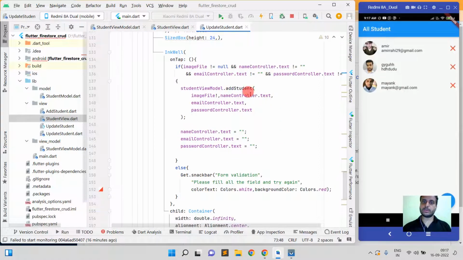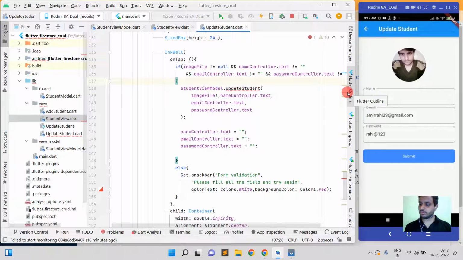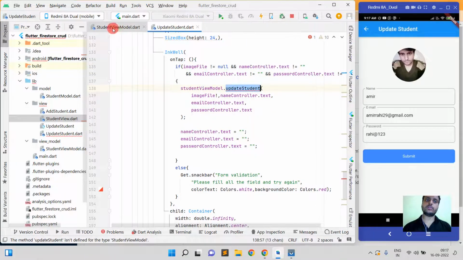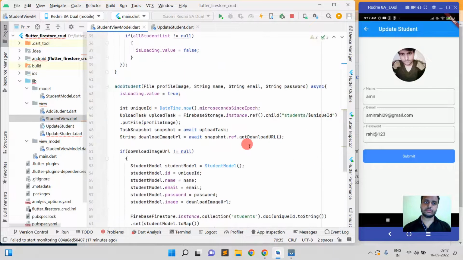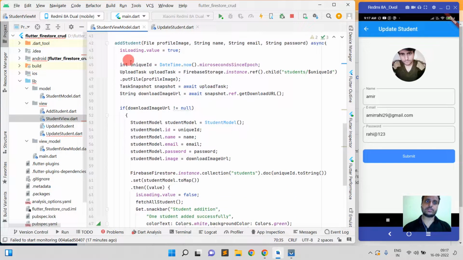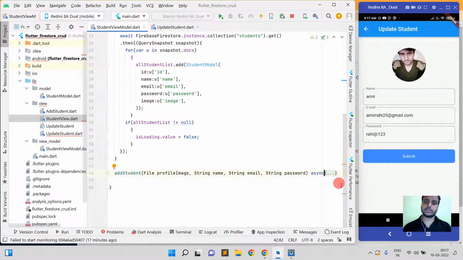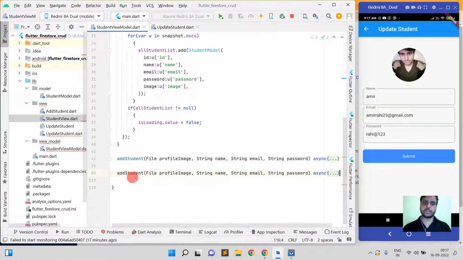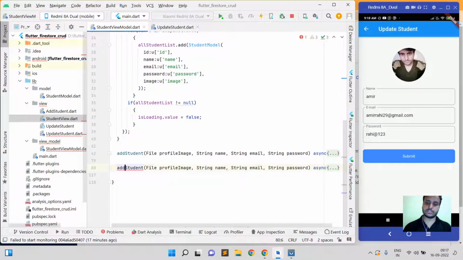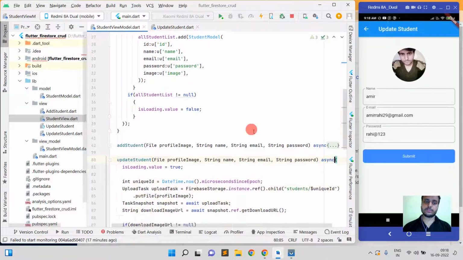I'm going to work on update student. So change with update student on button click. When we hit this submit button, then we will hit this method update student. So go to student view model here. Sorry, just copy this add student method and paste this and change it to update student. Okay, and then now